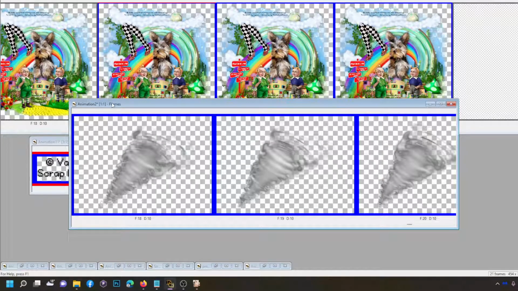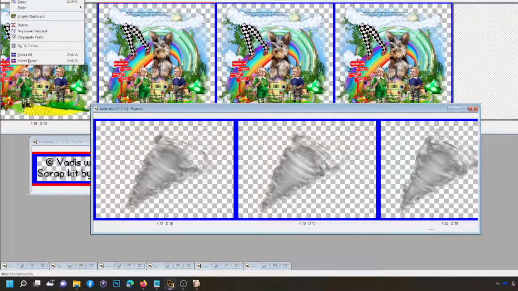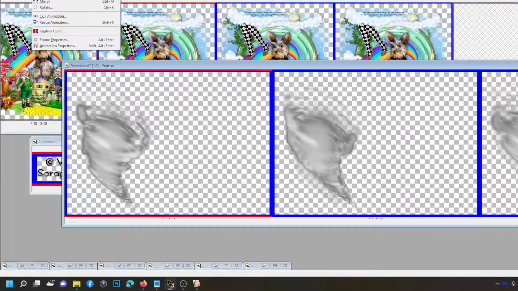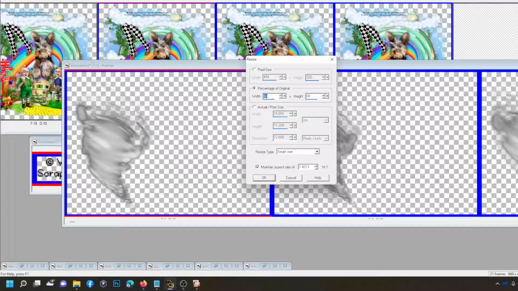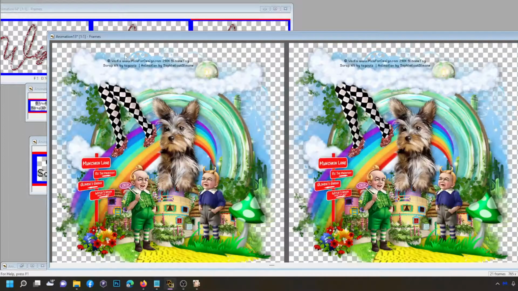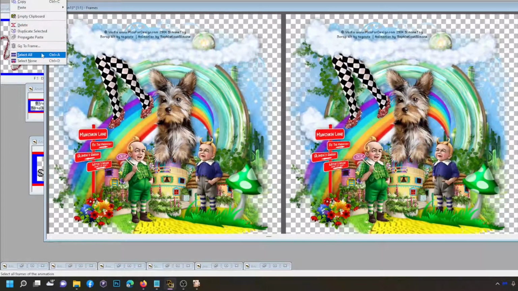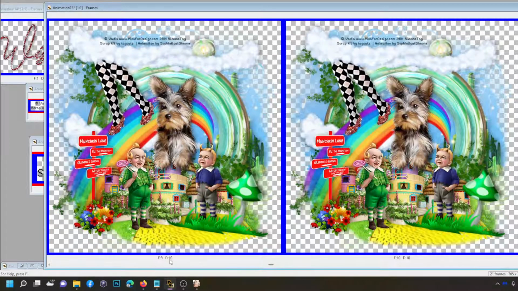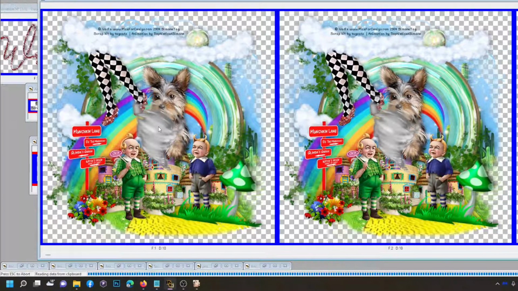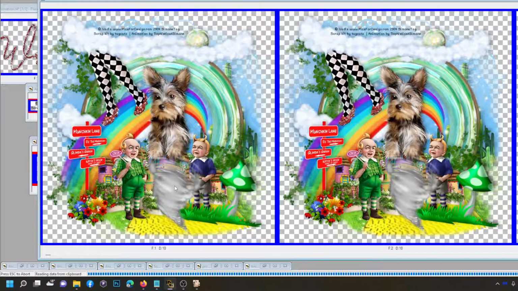Okay. Now the tornado, I believe I resized. Under resize. So the original is like gigantic, right? So edit, select all, animation, resize, and I guess I did 68. Smart size, maintain aspect ratio, and then click OK. Edit, copy. Activate your tag. Again, you're going to go edit, select all, and I think you go to edit, paste into selected frame, and I think I kind of put it there,